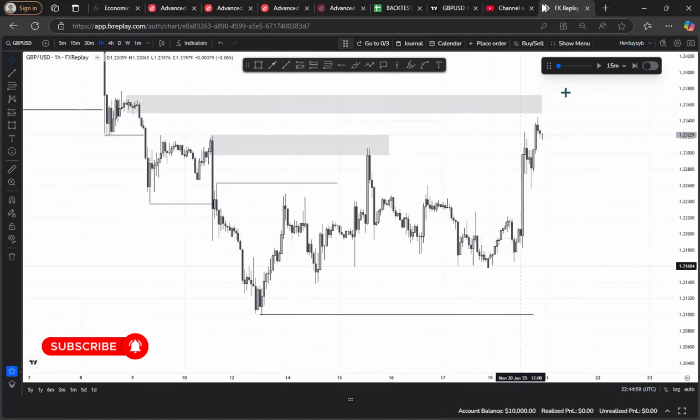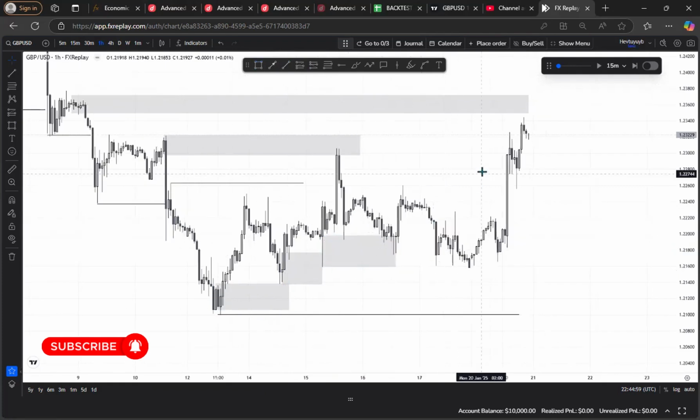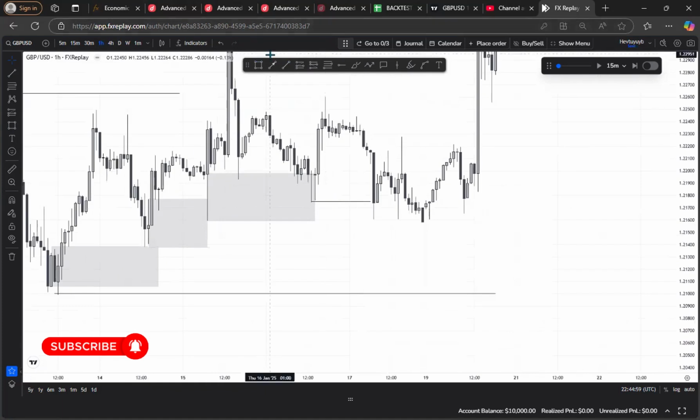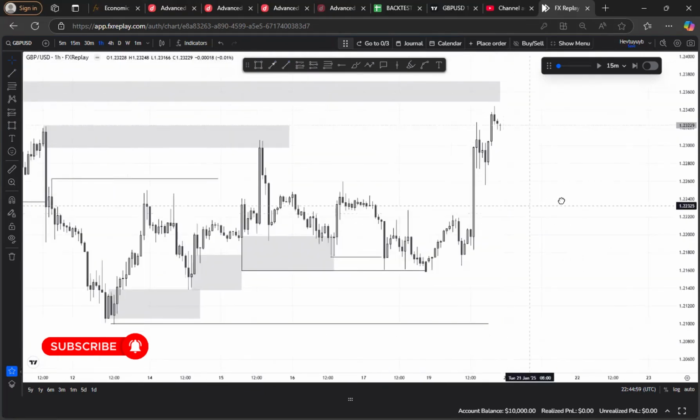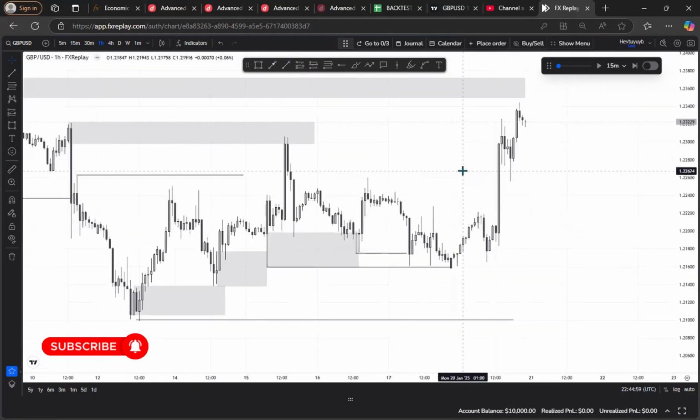All we need to do is to follow order flow. And what is currently happening on GBP USD is that price is mitigating demand, price is still respecting demand. Price respected this demand, and on Friday, price eventually came and swept this low. After price swept this low, price took out this low again.